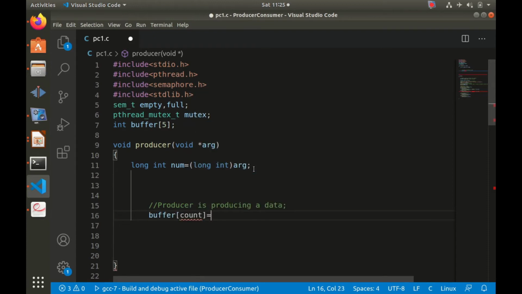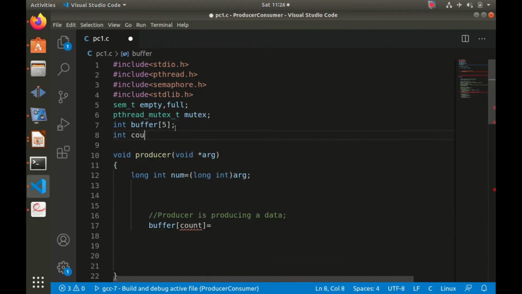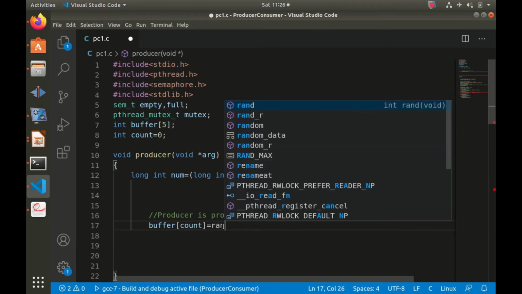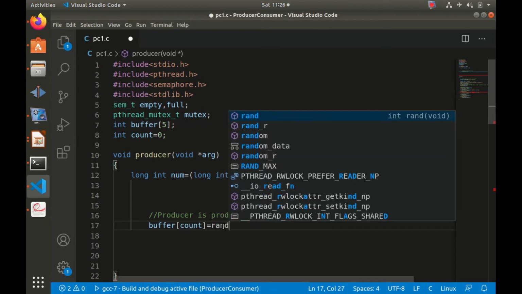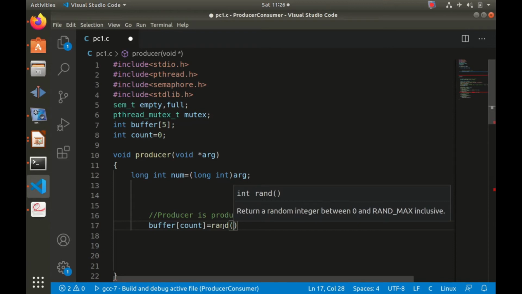Let us name this index as count and declare it here, int count equals 0. So buffer of count equals some random values. The function to assign the random value is rand, and if you want to create random values between 1 to 10 or 10 to 20, then you should take a mod of that. So we will create the random values between 1 to 10. So this will assign the random value here.